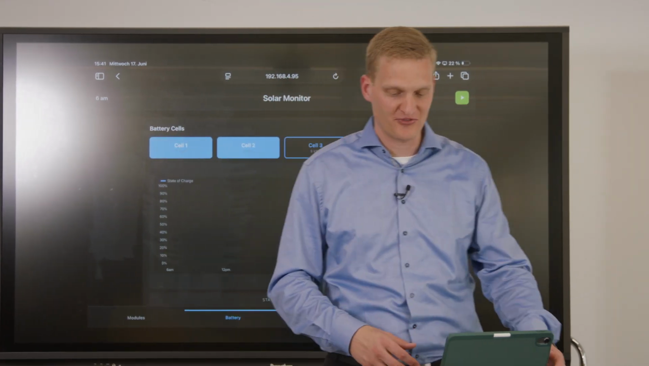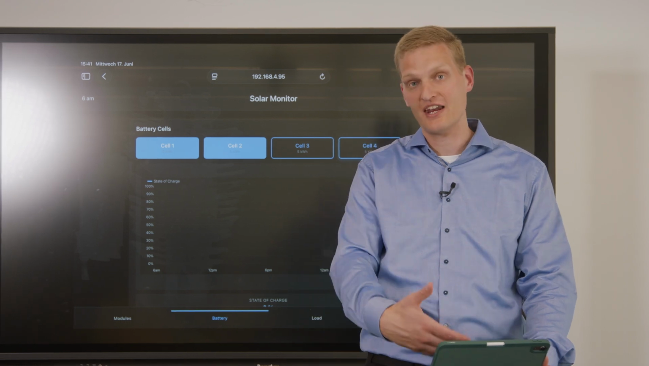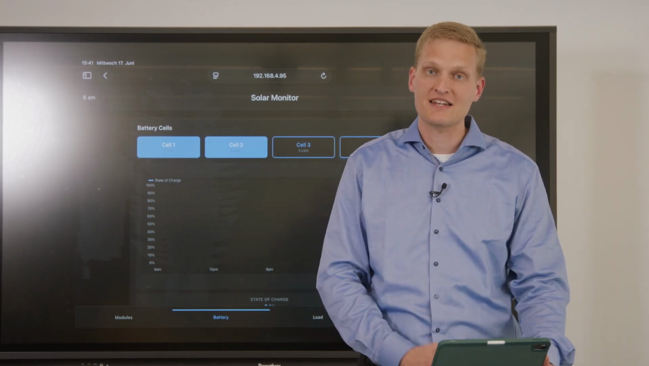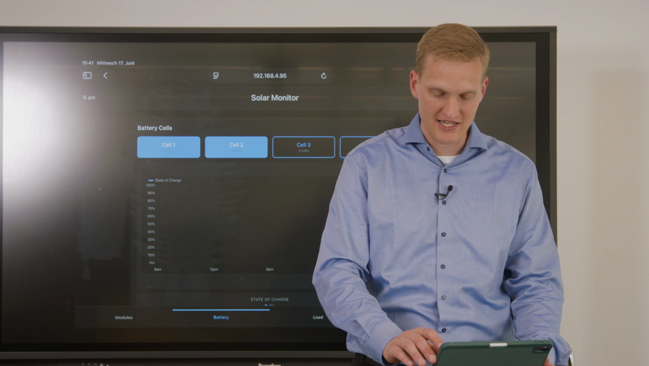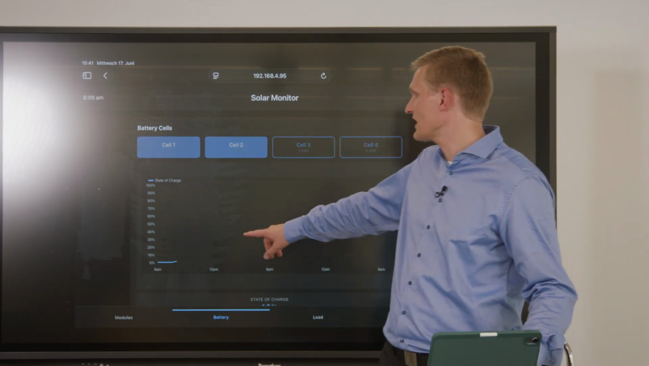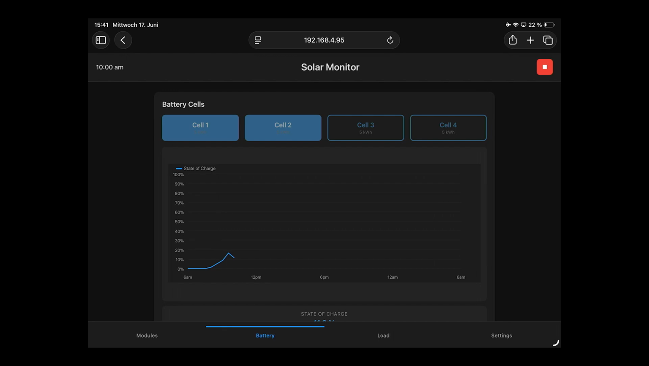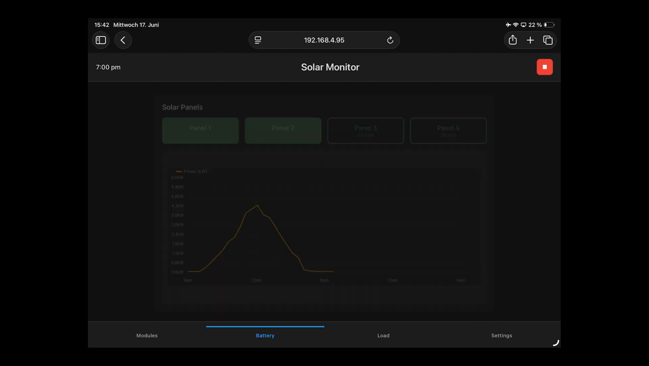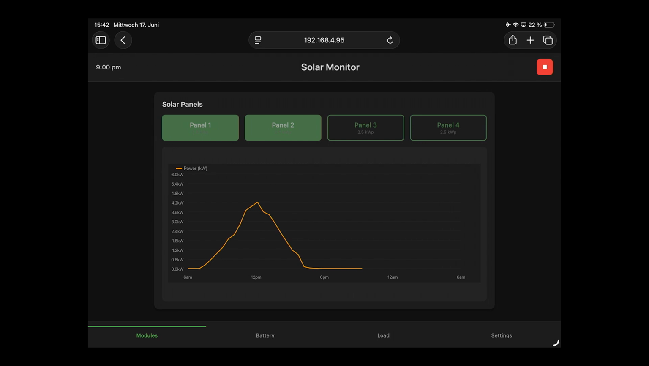It's not only software, it's running there on the hardware, but you can monitor it and set the settings here from your mobile device. So now I do start the measurements. And as you can see here, we've got now 2 cells, and we can see the state of charge, though the 2 cells are charged. But if I switch to the modules, for example, I see here that it is measured what the modules produce